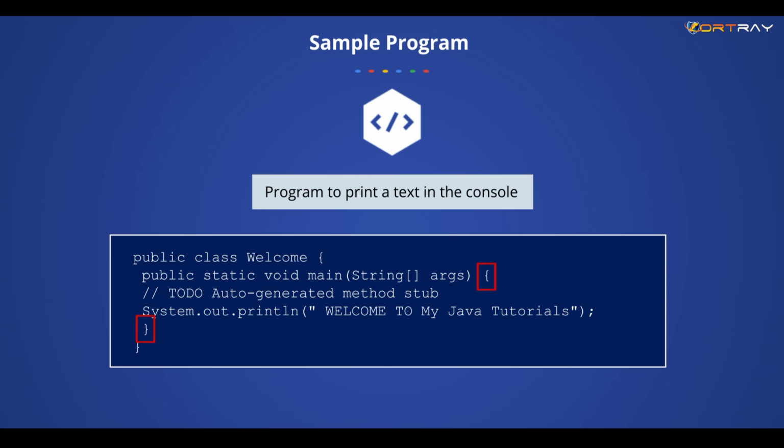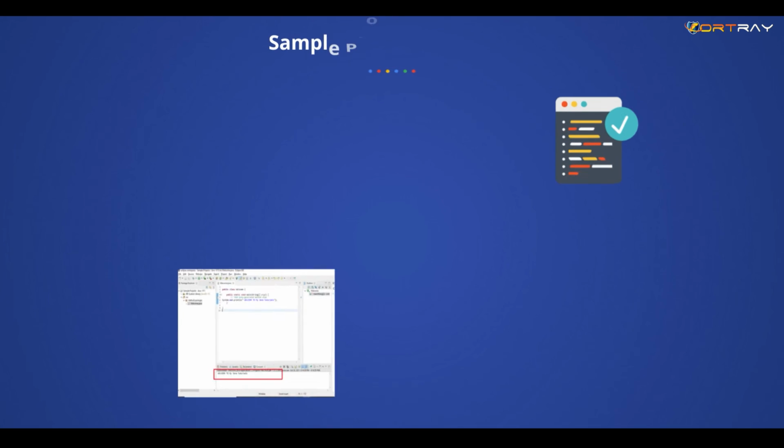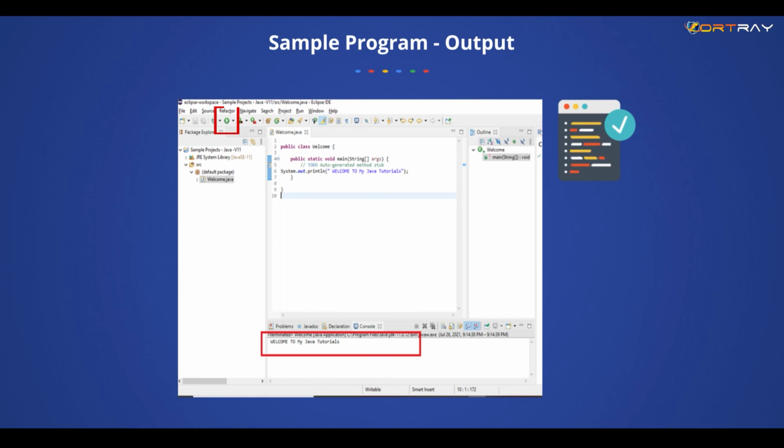And in Java, if you want to do a single line comment, you can use double slashes. That is one single line comment. If there are multiple lines of comments, you can use slash star, just like the C way, so that you can include multiple line comments. Now, once you click this run button, it shows in your editor console, which is your Eclipse. The output shows up here. So it says System.out.println, welcome to Java tutorials, and it shows up here.